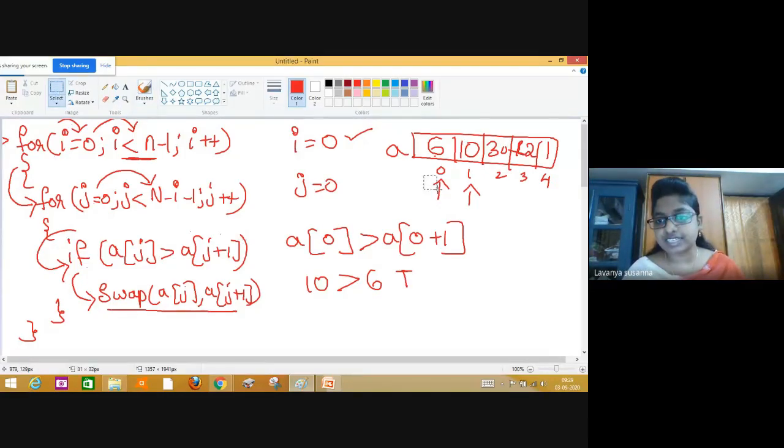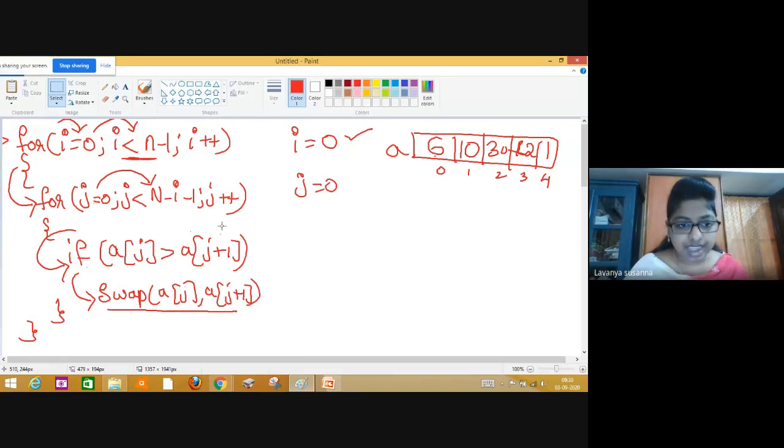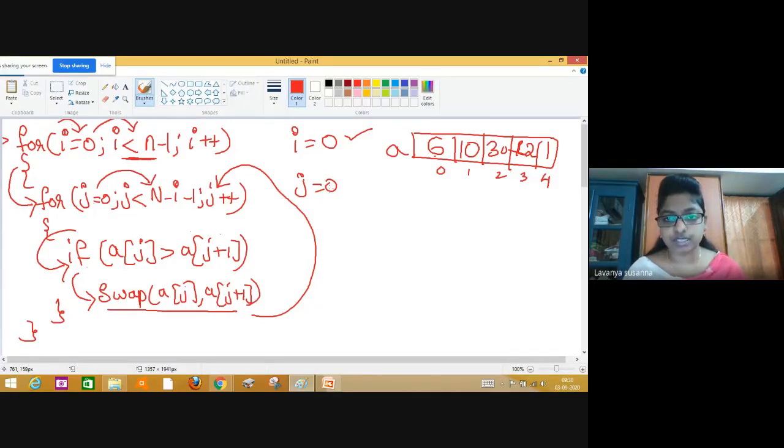Okay, in the first iteration, what is happening? I hope you understood. Now, after executing this, control goes to j plus plus. I will be 0 only; only j will be incremented. j plus plus means previously j equal to 0, plus 1. J equal to 1. Now j became 1.